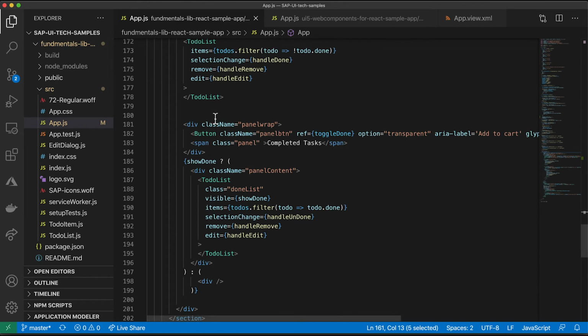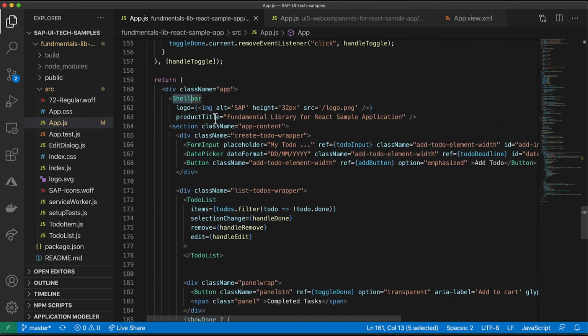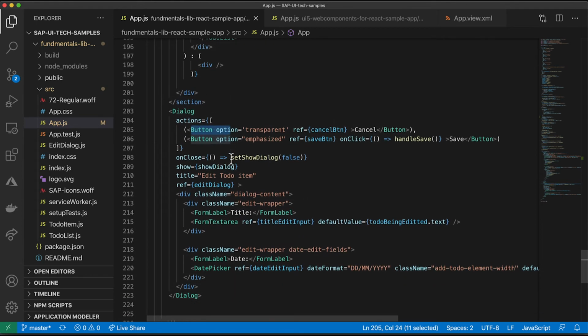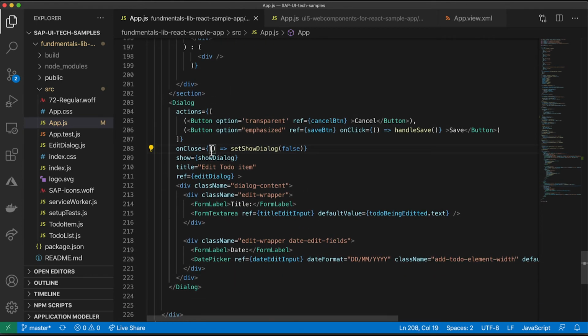On the other side, the fundamental React library also has a dialog down there that includes two buttons. But here we need to manage our own React state that is called show dialog and forward the state to the component here on this show property. So we are the ones maintaining whether the dialog is visible or not. And for example, in the callback on the onClose function, we change the state to false,